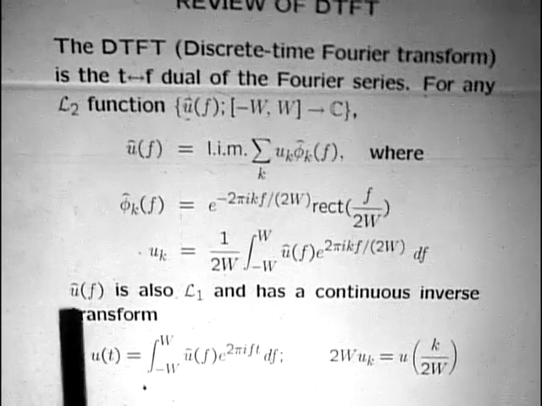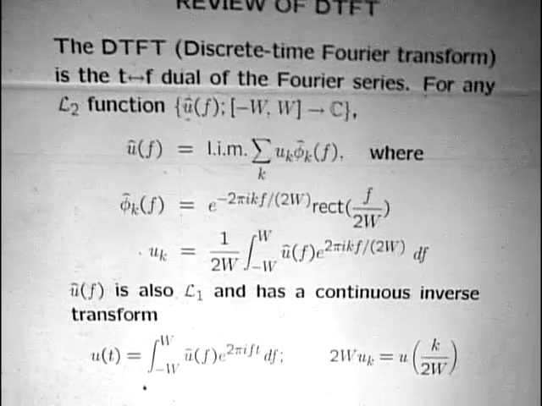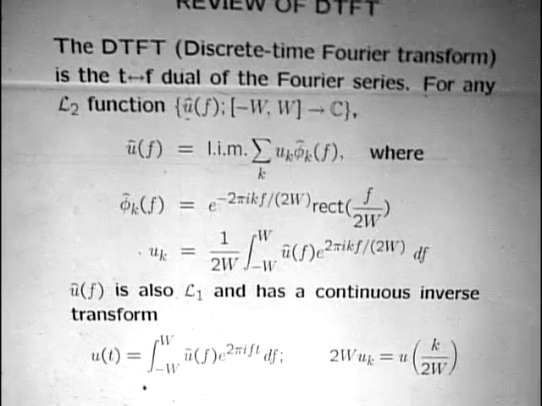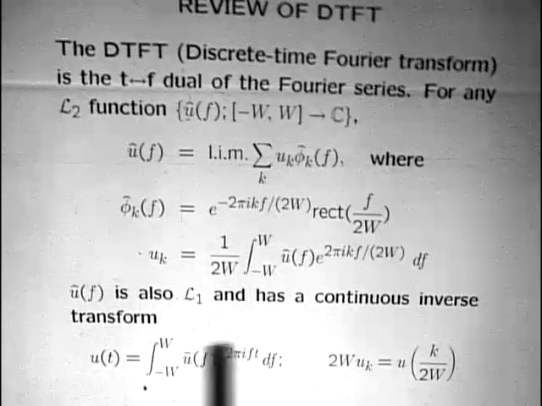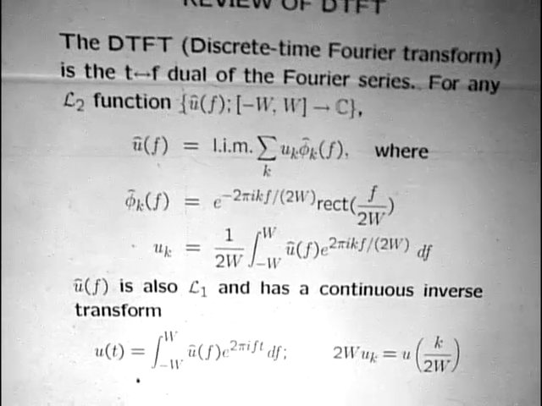Okay, so that u hat of f has to be L1 since it is limited in this way. It has a continuous inverse transform, which is this. Okay, so you can go from